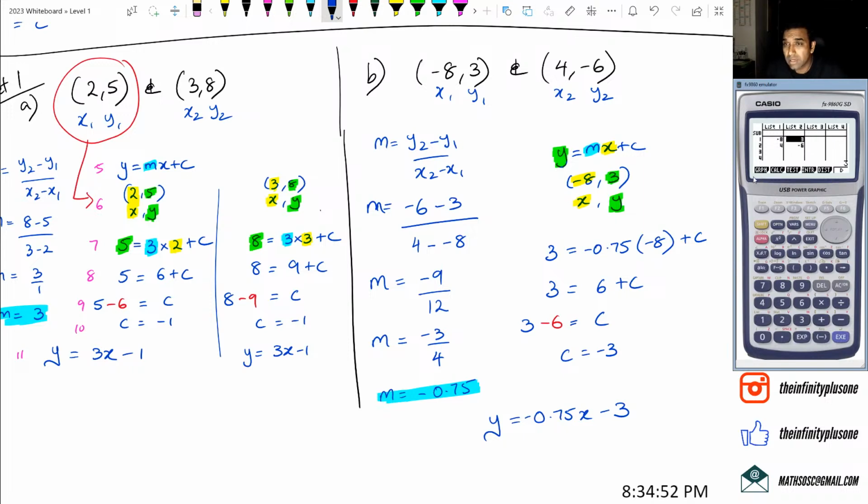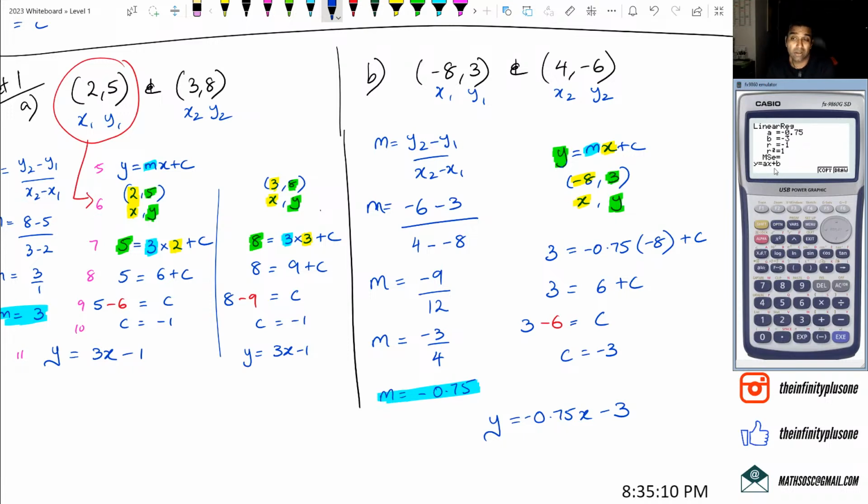So those are my 2 coordinates that I've actually put in there. Next, I'm going to click on graph 1, calc, and I want to make sure I click on that x, which is that single equation of a straight line there. So I'm going to click on x, and there is,